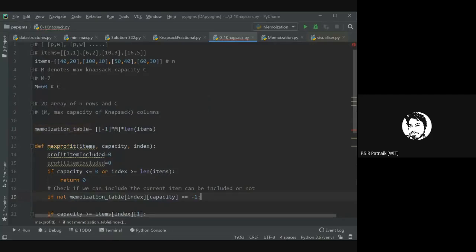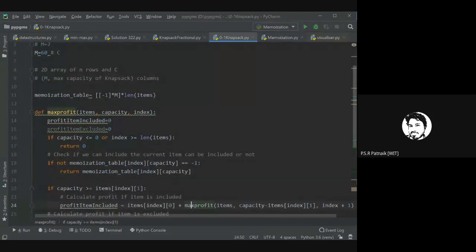If memoization table is not equal to -1, what should I do? I should directly return the value of this. Right. This is what I want to return, the value of this.